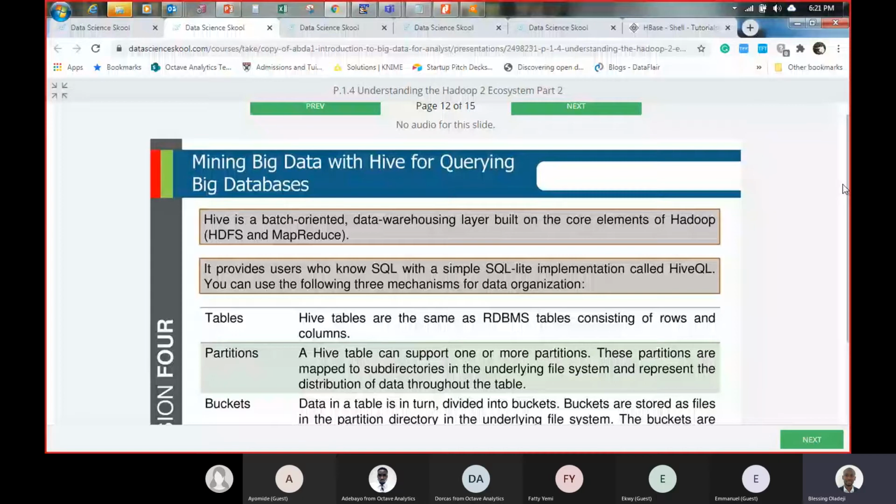So in Hive you have tables, you have partitions, you have buckets. I love partitions. Partitions make my life very easy. Those days when I used to code, a lot of people have now made it possible for me not to code the way I used to code before. But partitions, the way it is that